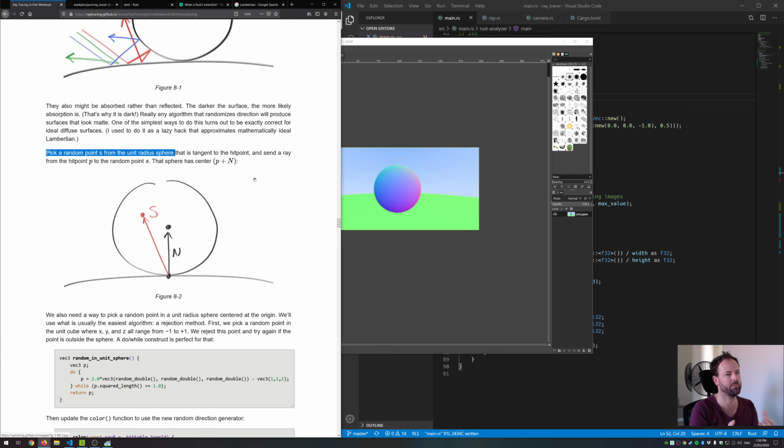I mean, it's going to be random, but it won't be evenly distributed. You would imagine it'd be less likely to send rays to the side than it would be to the top or the bottom. I don't know how this will work. Anyway, we'll work it out. I guess it can't be because at the bottom,